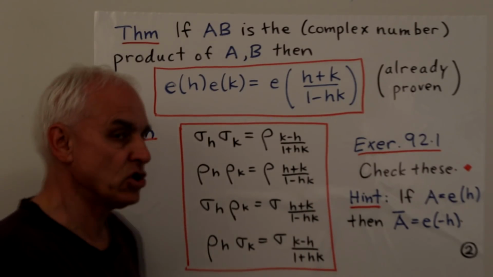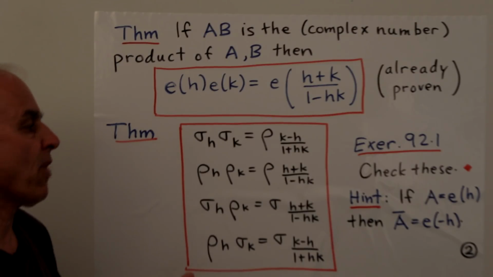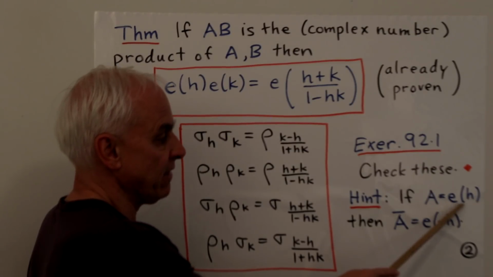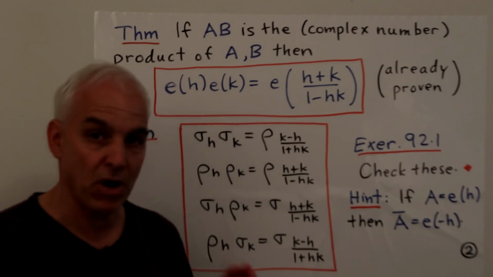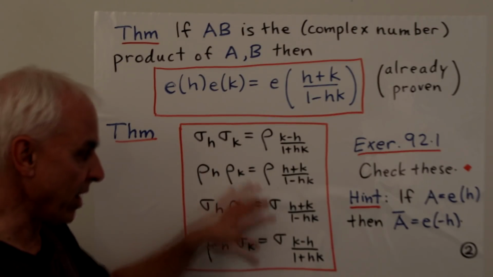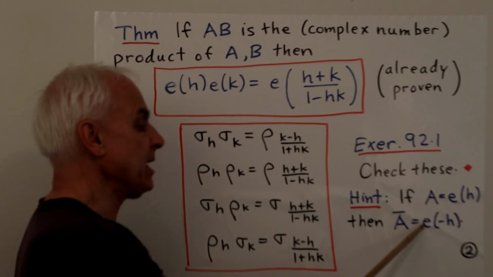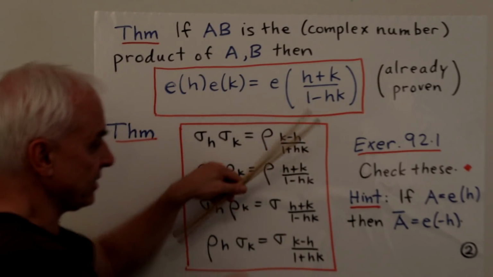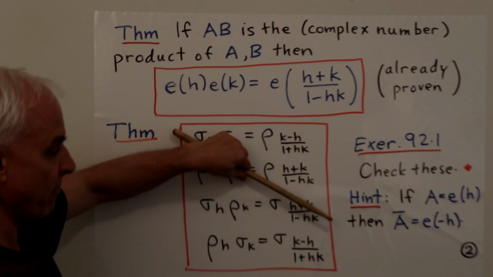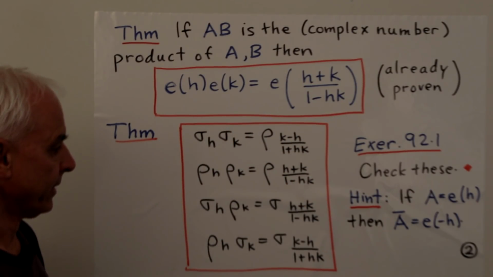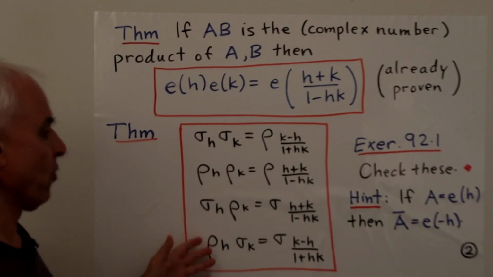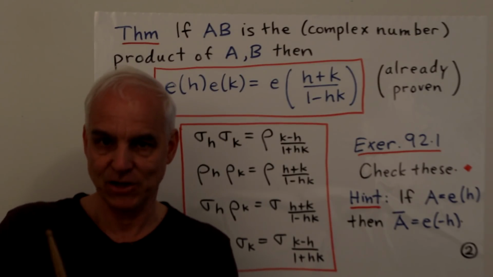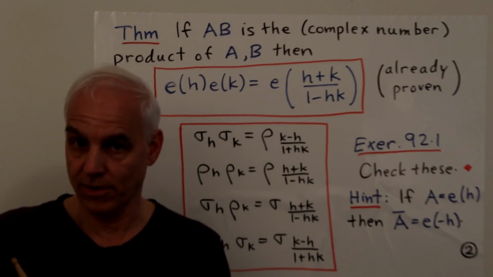So as a little exercise, you can check these formulas. These are just ways of rewriting what we already know. And I remind you, a little bit of a hint is that if A is E of h, then its conjugate A bar, which figures in the way we presented these formulas previously, is E of minus h. That's giving you the reflection in the x-axis. If that's a slope of h, then that's a slope of minus h. So we can work with the algebra of reflections and rotations purely at the level of half slopes, and that's often a very powerful thing to be able to do.